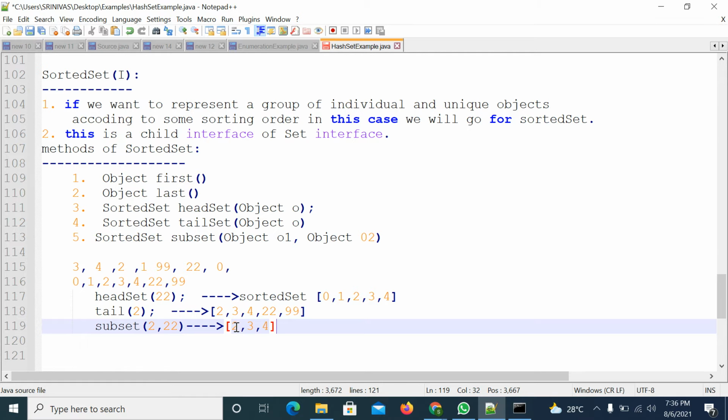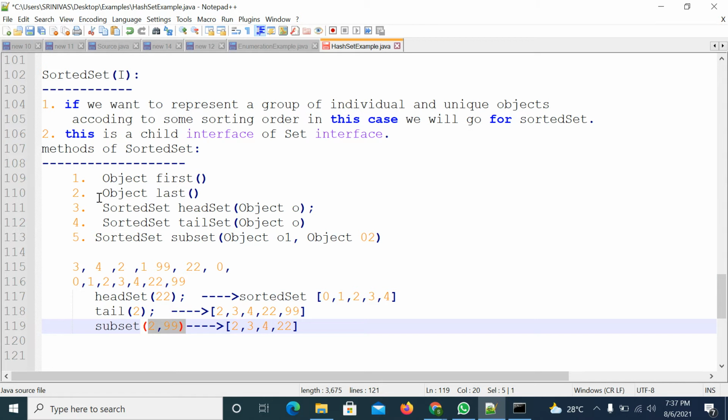It won't include 22. Suppose if you pass 99 here, it will include 22 also. So subSet means, in the given elements, if you want to pick some particular elements, from this index to this index, you can pick in this way. By passing 2 and 19, this is the subSet method.